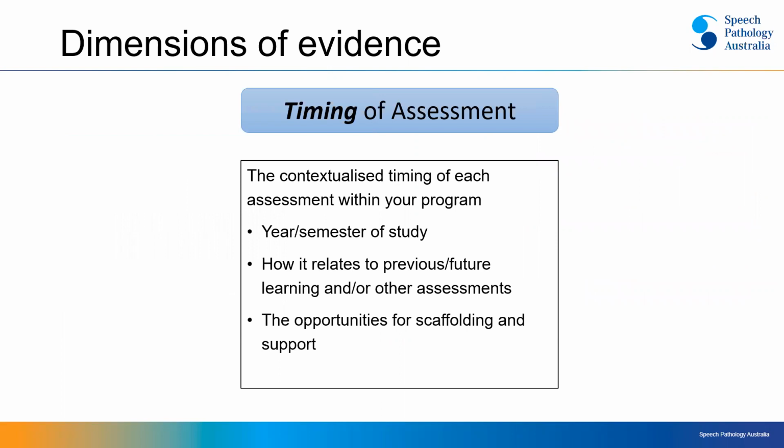The second dimension of evidence relates to the timing of assessment. This includes clear detail about where in the program the assessment occurs, how it relates to previous and future learning, and opportunities for student scaffolding and support. Accreditors are seeking confirmation that the timing of assessments enables students to demonstrate independent skill without unnecessary scaffolding, which compromises